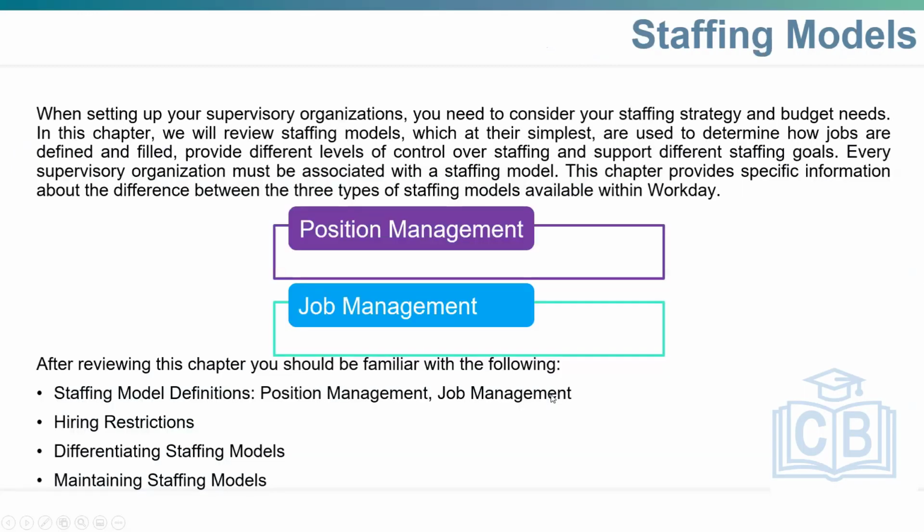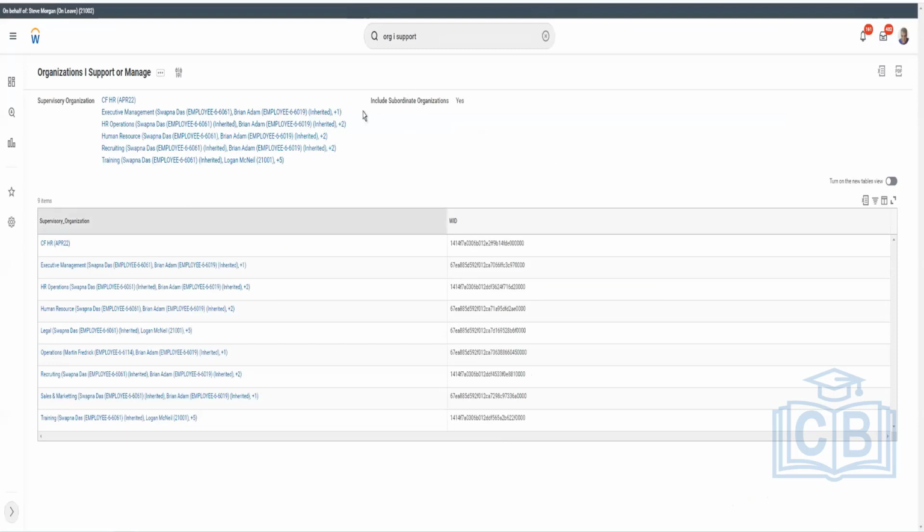Next is the staffing model that we have been talking about, the position management or the job management, and what do they do? So staffing models, and where do you see your staffing model? We did see that when we create the supervisory org, which is not inherited, it does ask us for the staffing model option. So let me start proxy as